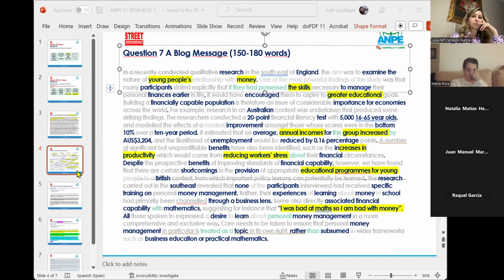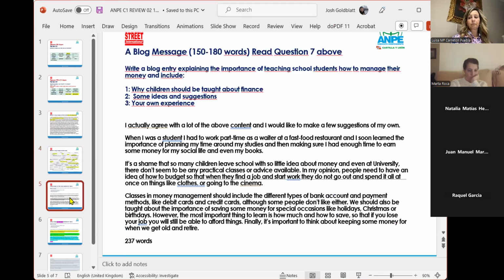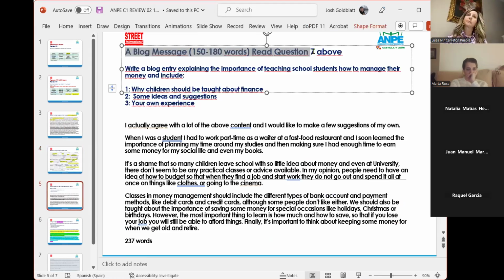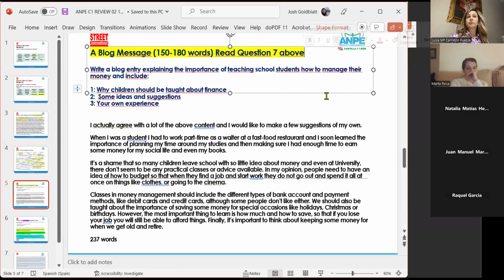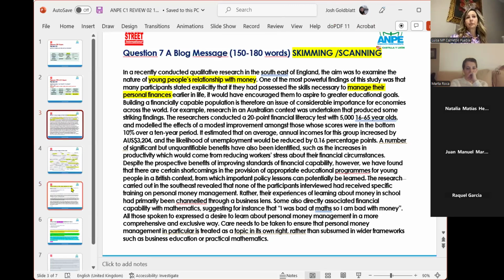Now, after we've done this, you would have 5 questions to complete, or 8 questions, fine. Write the correct word, or finish the sentence, or how many people were in the study, or what part of England was the study in. You say, oh, it's the southeast of England. In that case, you have to look more closely. But our question number 8, I should say, would say, read the question above, or read question 7, which was our text.